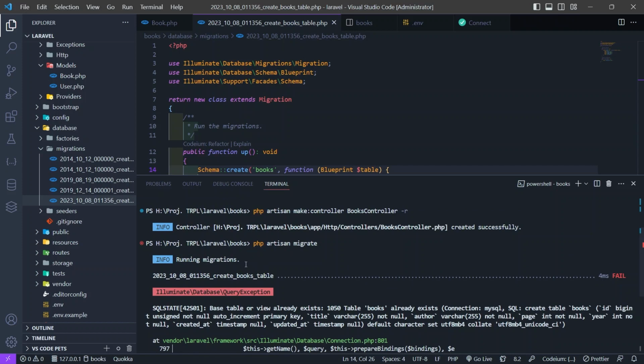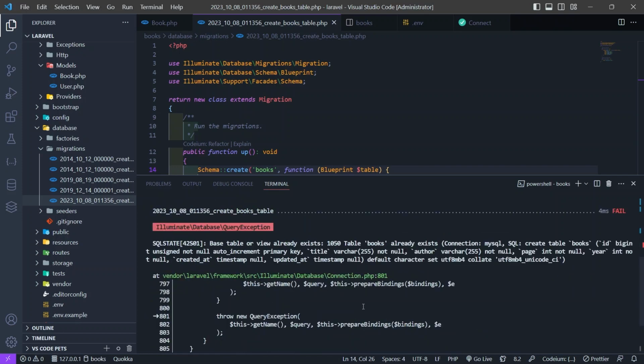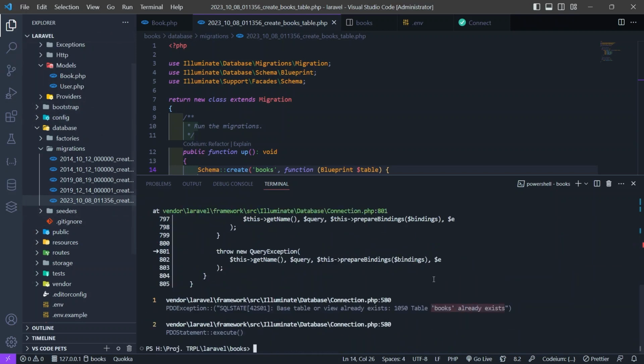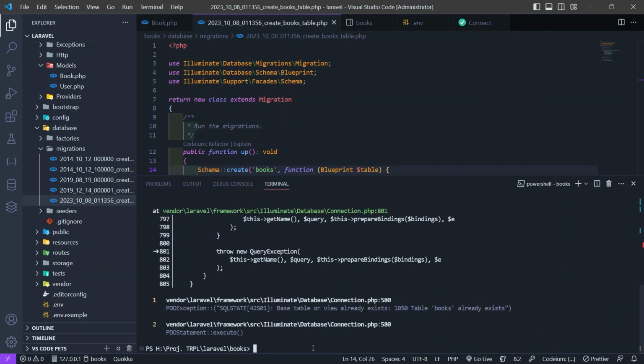Okay, so there is some error because I have already created the books table here. So if you want to create those tables, just type in that code, which is php artisan migrate,